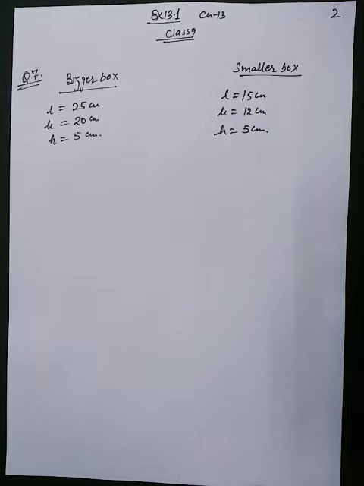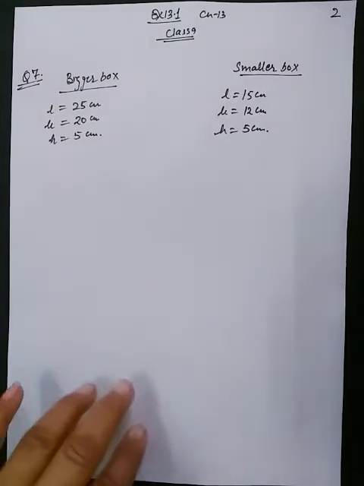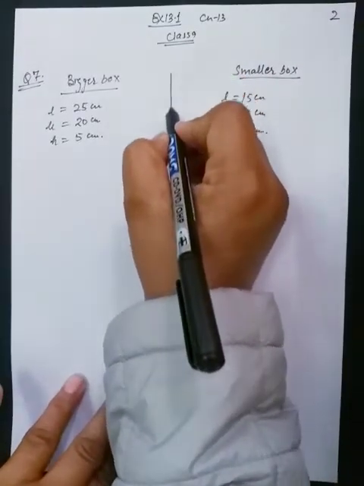If the cost of the cardboard is rupees 4 per 1,000 centimeter square, meaning 1000 centimeter square of cardboard costs 4 rupees. Find the cost of cardboard required for supplying 250 boxes of each kind. We have to make 250 boxes of each type and we need only the TSA.